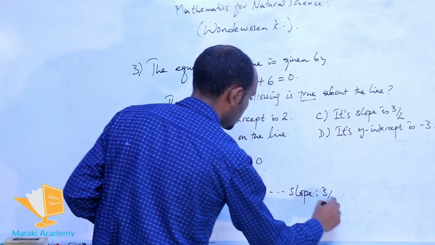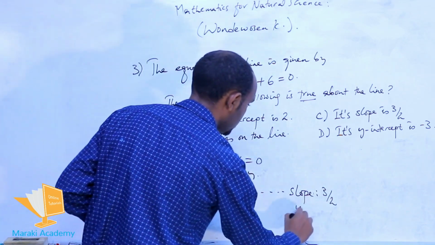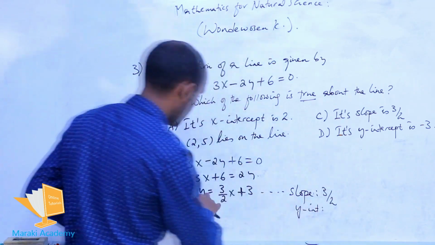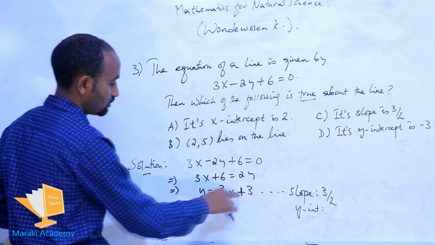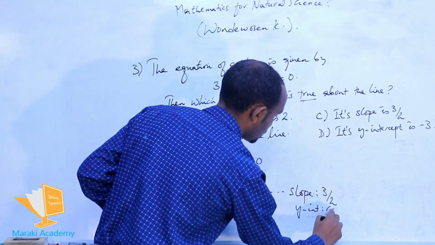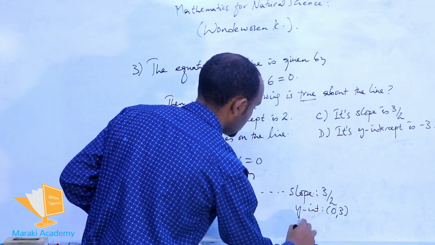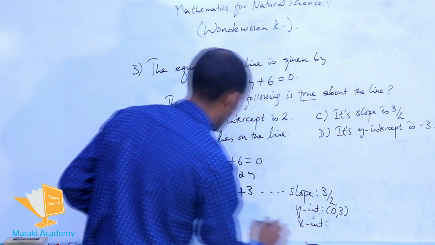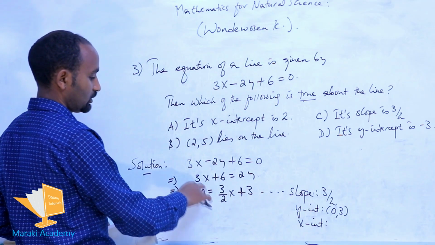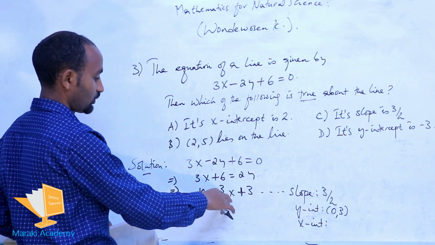3 over 2 is the slope. From here, what is the y-intercept? Y-intercept, when x is 0, y is 3. So (0, 3). What is the x-intercept? When y is 0, what will x be? So